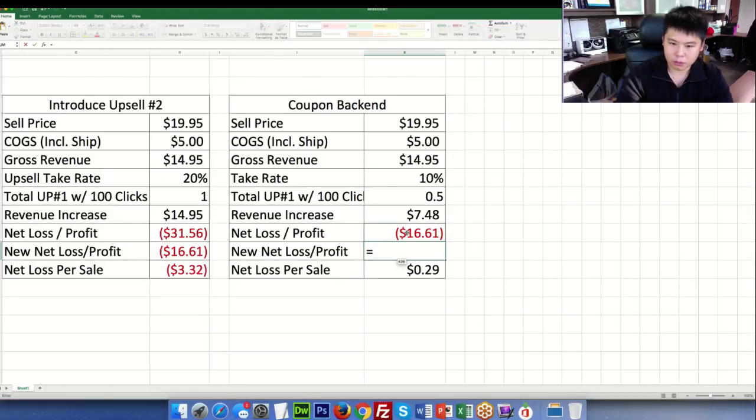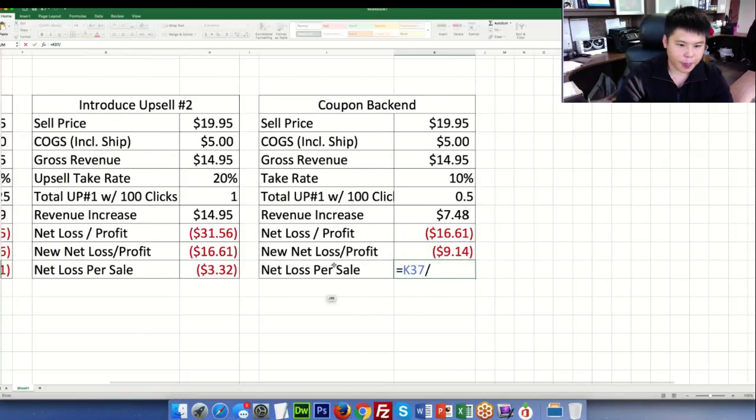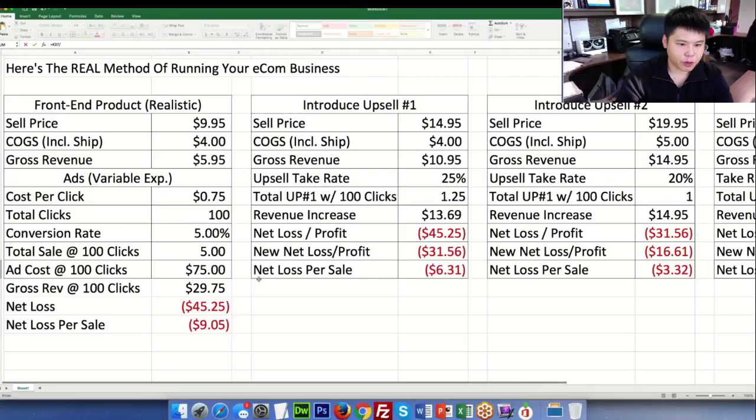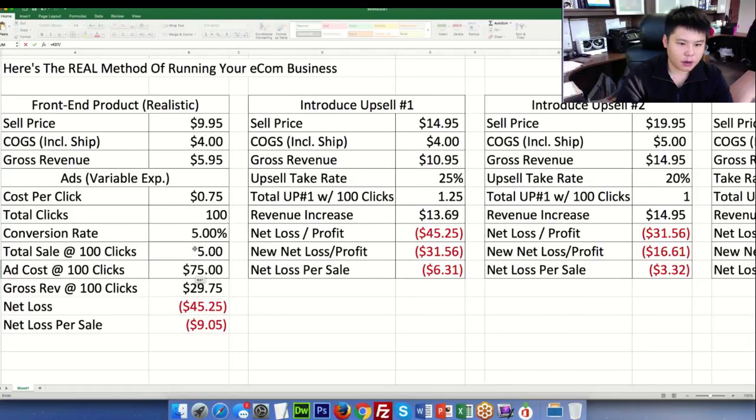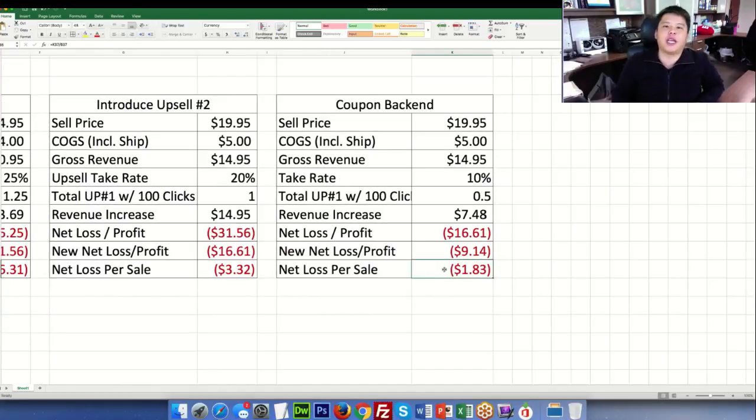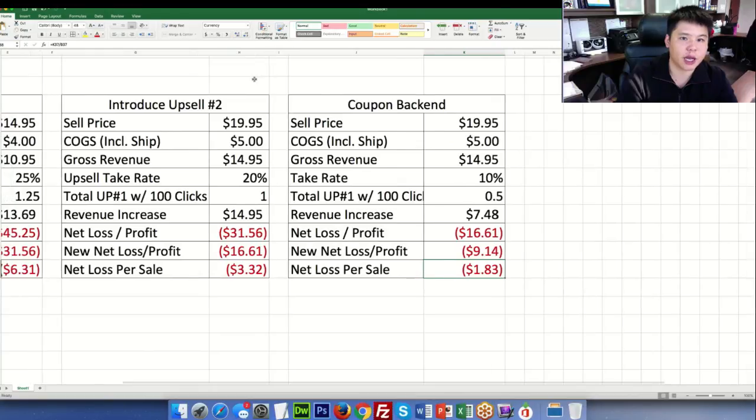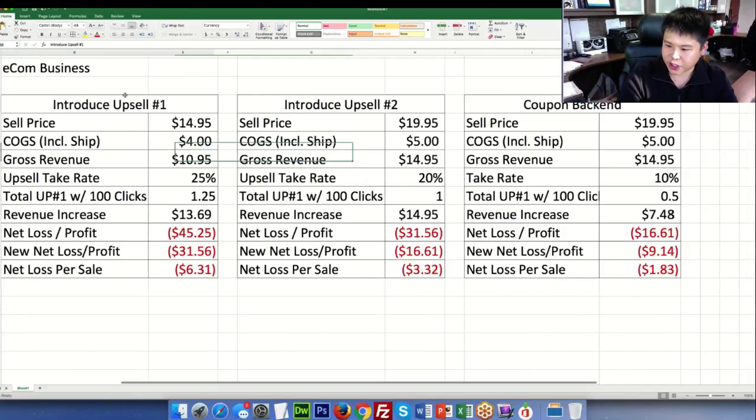Now, you have right here. Where is it? Right here. So now you're basically losing only $1.83 right now. Okay, how many of you guys are following right now the importance of AOV? Because if we actually look at this from an average order standpoint, I'm going to zoom this out a little bit so you guys can actually see the math.